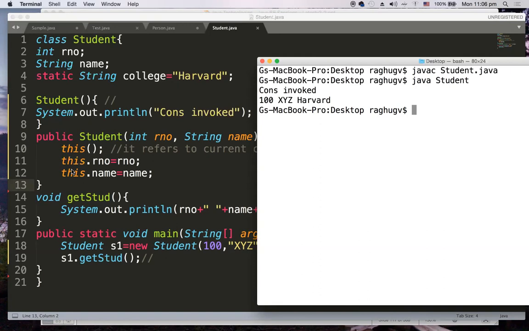The reason is, in a constructor you are invoking the other constructor, which means there exists a constructor prior to this. So before constructing your constructor, the previous constructor has to be constructed, that means your current class constructor has to be constructed. That is the Java rule.